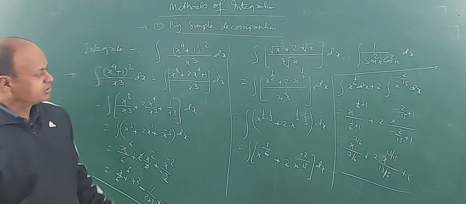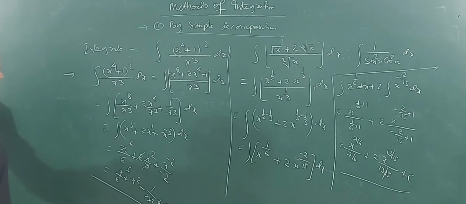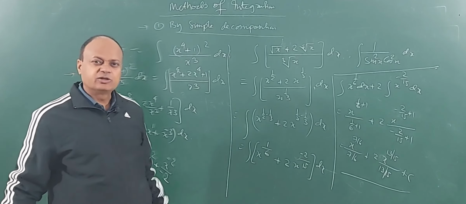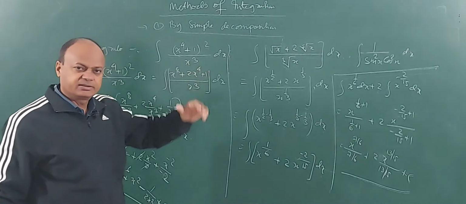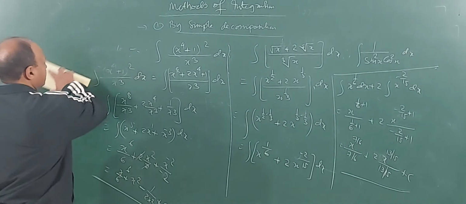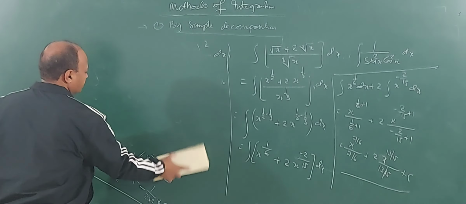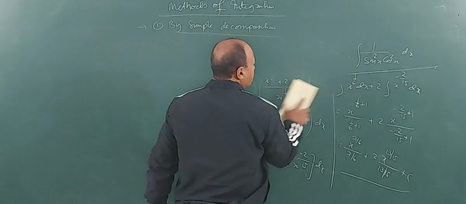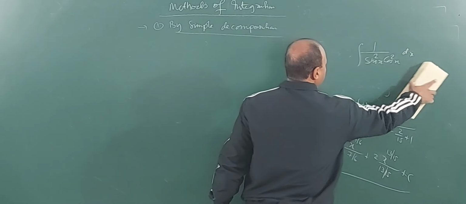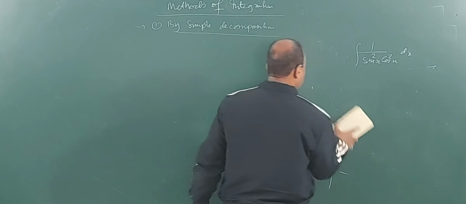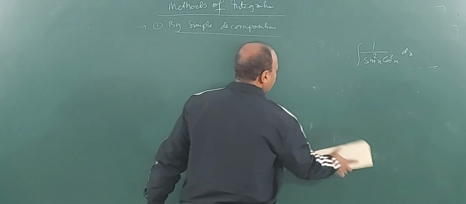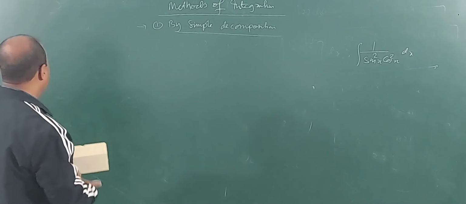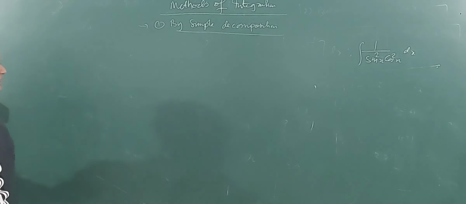Now children, once you have understood this, in case of algebraic integrands, algebraic terms, you don't have to really work much on it, because you can just simplify, right? Now if it is a trigonometric one, like the third sum, there we need to think how we can bring it to a more simplified form, which will make it easier for us to integrate. Okay? So start thinking now what we can do. I think you guessed it right. I will do something about the numerator, and the numerator is 1.